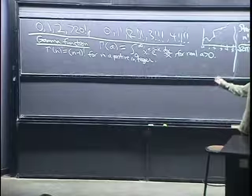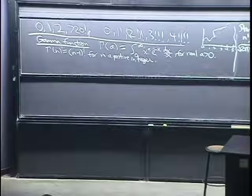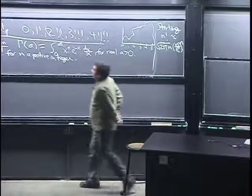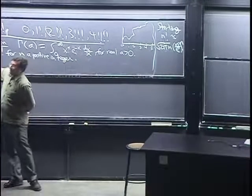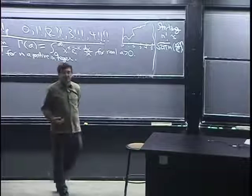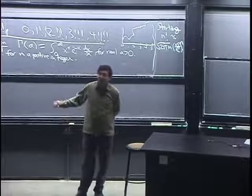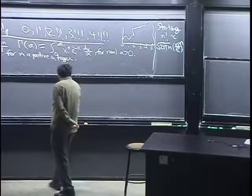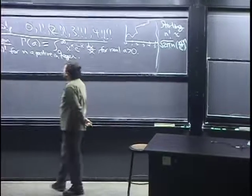As I said, there are other ways you could extend factorials to the positive real numbers, but this one turns out to be the one that has found the most different applications in math. So this one is the most natural and best one known in a certain sense. So why is this true? Well,